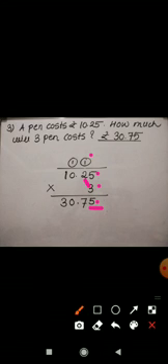Then we multiply 2 and 3. 2 3s are 6 and 6 plus 1, 7. After that we multiply 0 and 3. 0 into 3, 0. And at the last we multiply 1 and 3. 3 1s are 3. Now children, here you can see in this number there is a decimal point after 2 digits from right. So in the answer as well we need to put the decimal point after 2 digits from right. So the product is 30.75. So what will be the cost of 3 pens? The cost of 3 pens will be 30 rupees 75 paise.